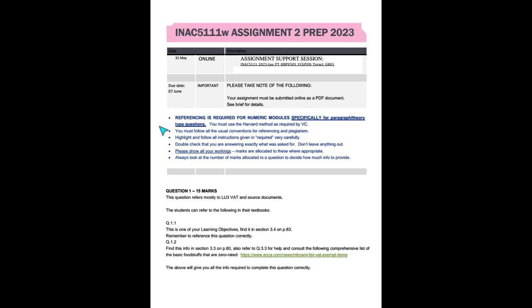If the question says discuss or explain or in your own words, or for instance here it says name the 2 ways and give a brief explanation, any question that has that type of requirement requires you to do some research in your textbook or online, and that you will reference. If you've got to fill in tables with true or falses or do calculations or complete